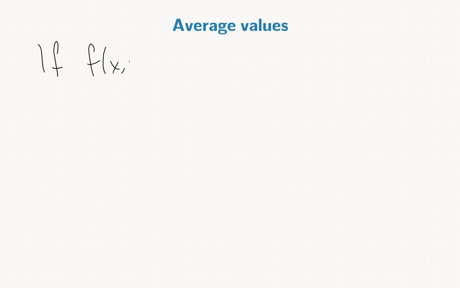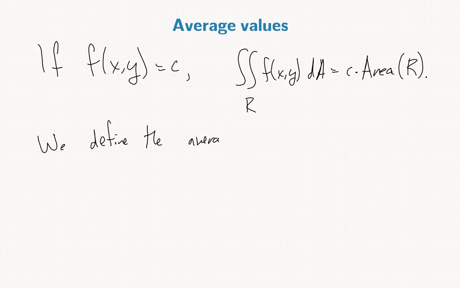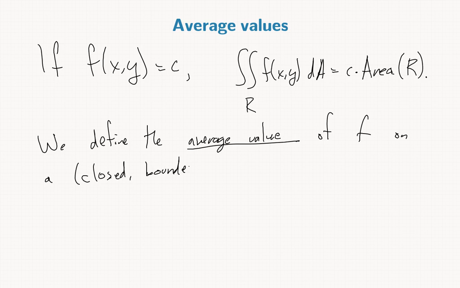If we integrate a constant function, f of x, y equals c, on region R, then we'll get c times the area of that region. So we define the average value of f on a closed and bounded region R